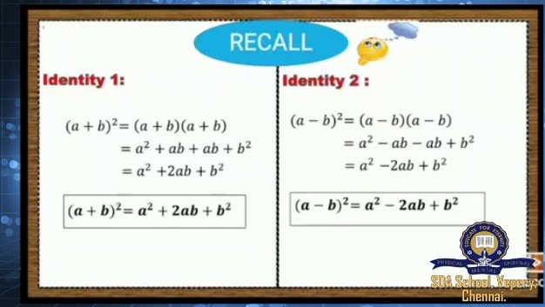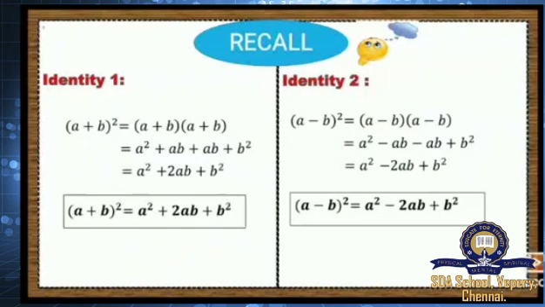So if you multiply in such way, you will get a into a square, a into b, ab, b into a is ba, we can write it as ab. Next, b into b is b square. So here you've got two ab terms. So if you club this, you will get 2ab. So the expansion of a plus b the whole square is a square plus 2ab plus b square.